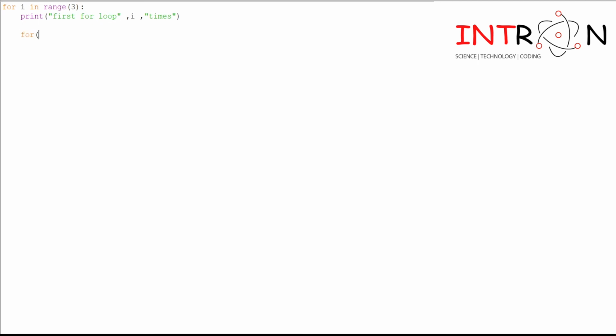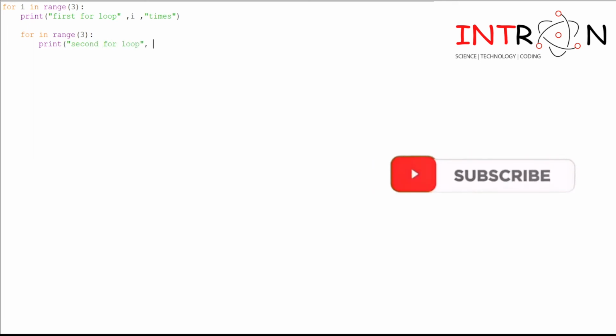This time you will take j in range of, suppose you also want to execute this 3 times, we will make a for j, and you will give the print statement in this, like print "second for loop", j times.